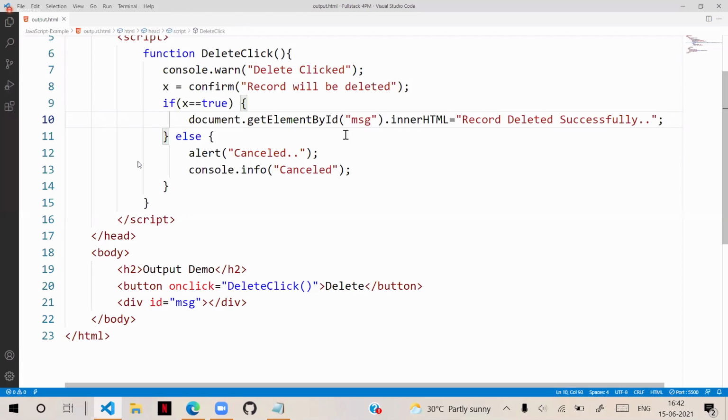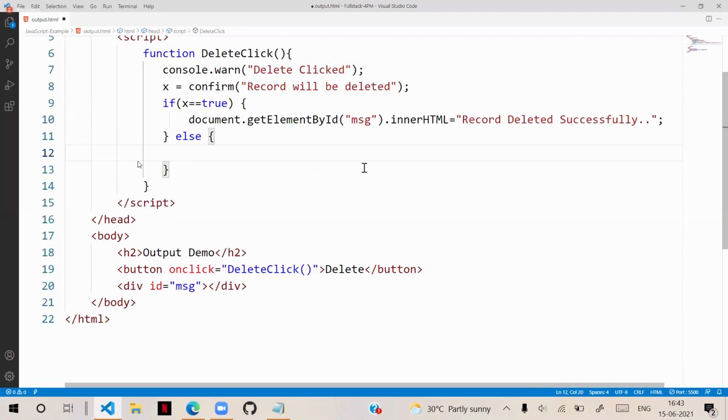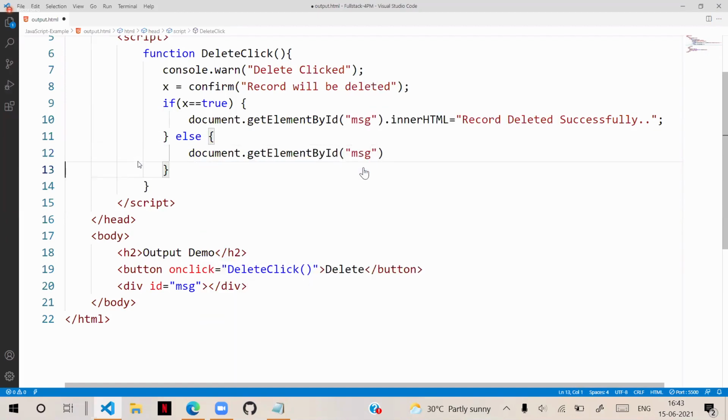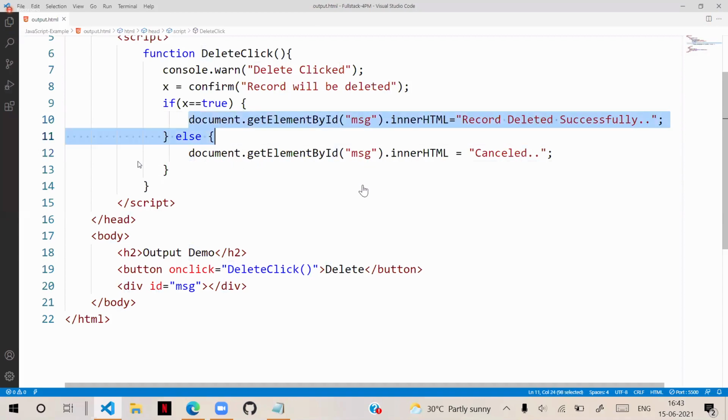Now on cancel, you want to display the message. Then same. But currently I am writing again document.getElementById MSG dot innerHTML. Here we are displaying cancelled. But we should not write again and again in any computer programming. Generally, when you are working in real-time projects,